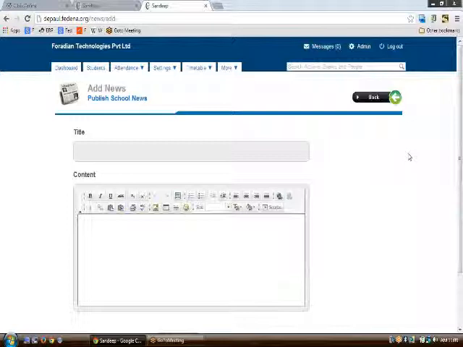Moreover, the students are welcome to comment on the news. As you have enabled the news comment moderation from this link, from the settings part, every comment coming from the users will be moderated by the admin, and based upon the input given by the admin, whether accept or reject, the comment will be published on the news.